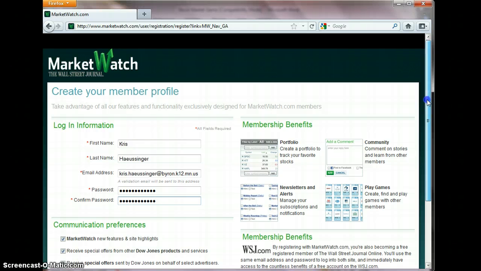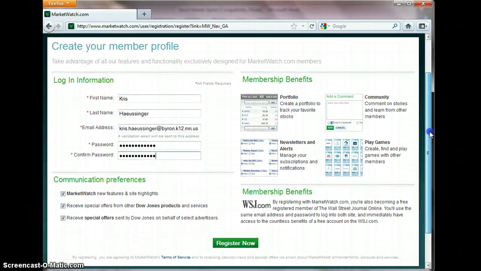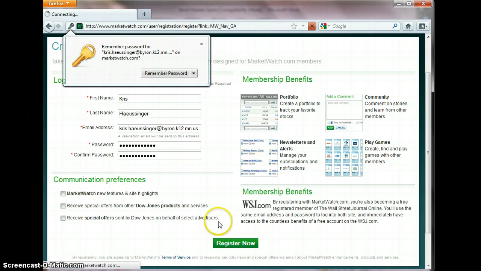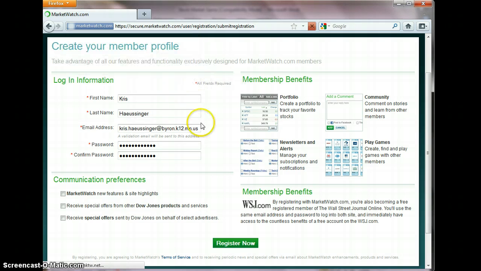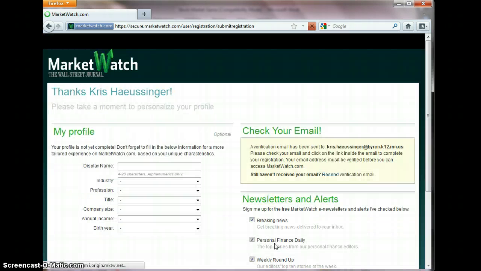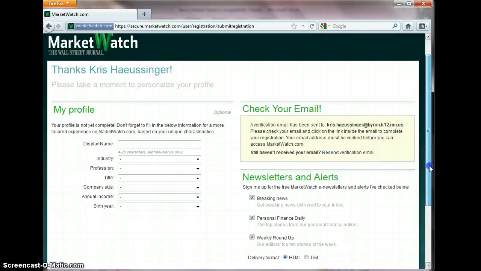Okay, so I have created a username and a password. Make sure you unclick all of these boxes in reference to communication preferences, because for some reason if those boxes don't get unclicked, it can be difficult to get your registration process through. Click Register Now. And it will ask you for some more information, this profile information, which you do not have to fill out. What you want to pay attention to is where it says check your email. It says a verification email has been sent to whatever address you put in. You'll need to do that in order to